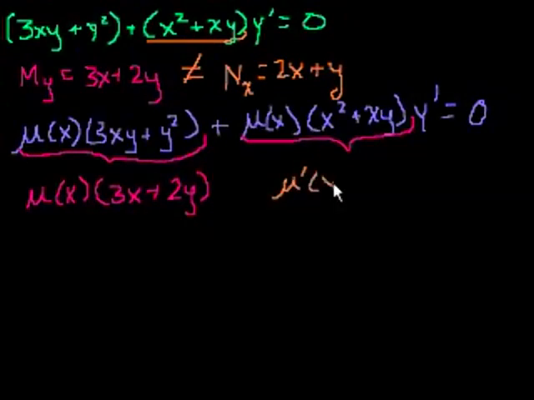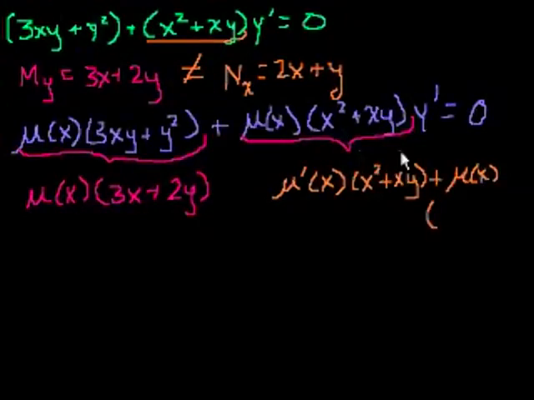Mu prime of x. Mu is the Greek letter. It's for the m sound, but it looks a lot like a u. So mu prime of x times the second expression, x squared plus xy, plus just the first expression. This is just the product rule: mu of x times the derivative of the second expression with respect to x. So times 2x